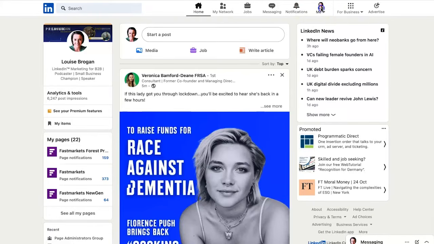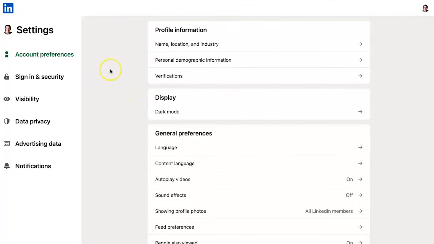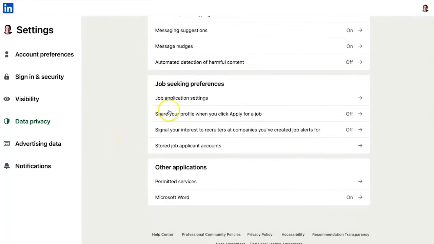Go to the Me drop-down menu up here, and we're going to go to Settings and Privacy. Under Settings and Privacy, on the left-hand side, you will see Data Privacy. So we're going to click on there and then scroll down through this section, and here we have the job